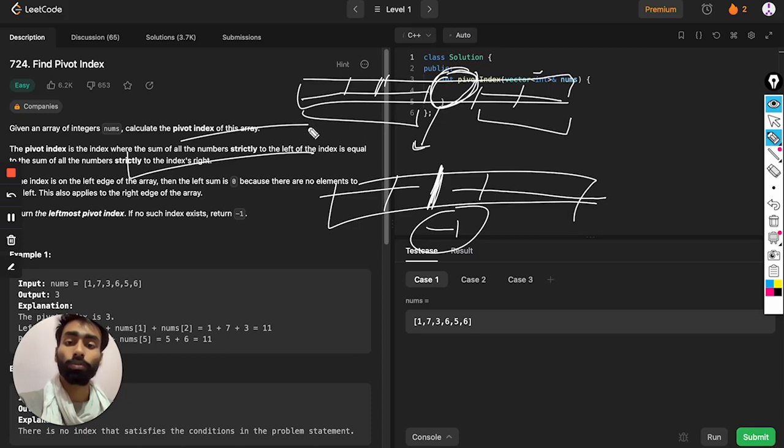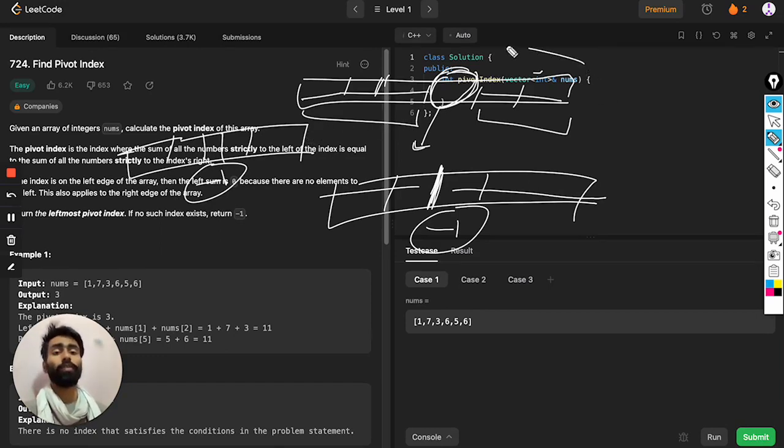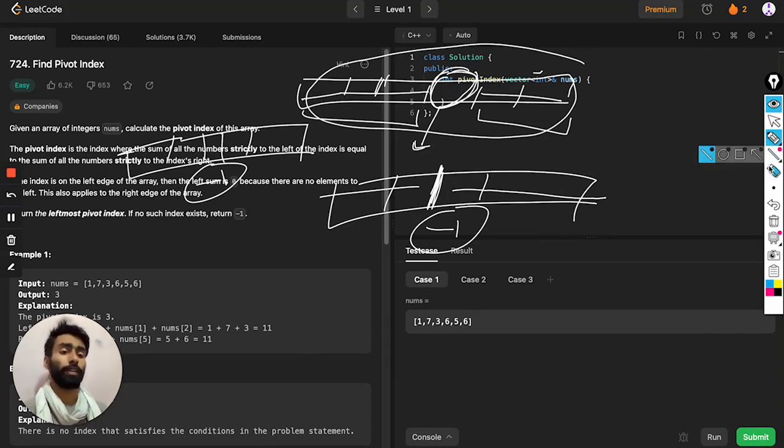And also in an array where there is no point where the sum of left is equal to sum of right, in that case also we need to return -1, indicating there is no such index at which the sum of left is equal to the sum of right. So we need to find the situation where we have one element before and after which the sums are equal. We can do this by using two variables.